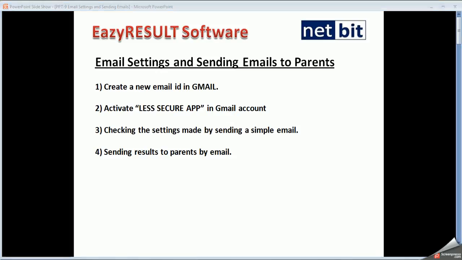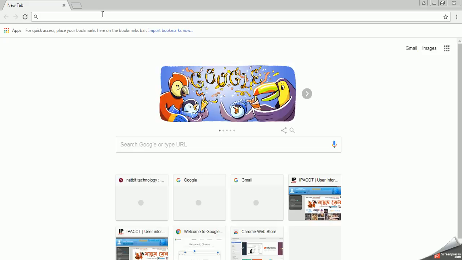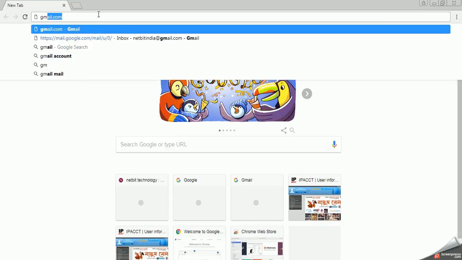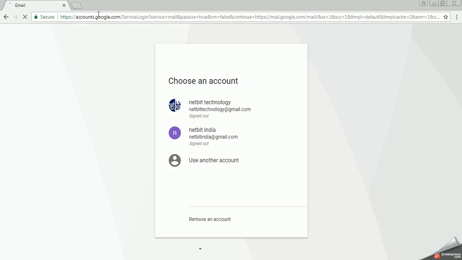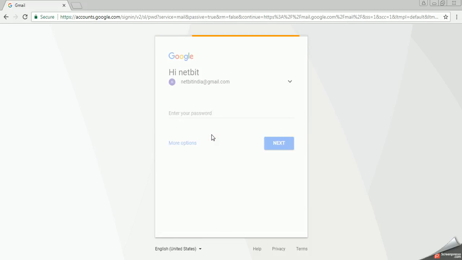First I have to go to the Gmail account. This email ID I am using for sending messages using this software. So I am logging in.